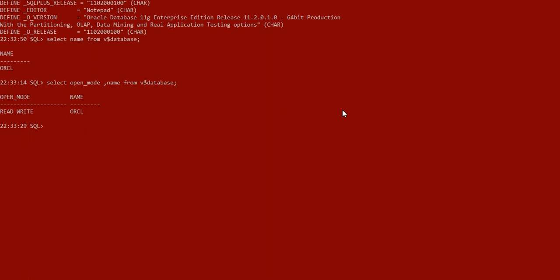So the question arises: we are inside the SQL*Plus prompt, what is the need of firing the name of the DB when we are working as a DBA? Basically, when we are working as a DBA, we are working on servers. It is not necessary that there is only one DB on that server. There may be a number of DBs, one or two or three databases. So we need to make sure that the commands we are firing go to the right database in which we need to fire them.